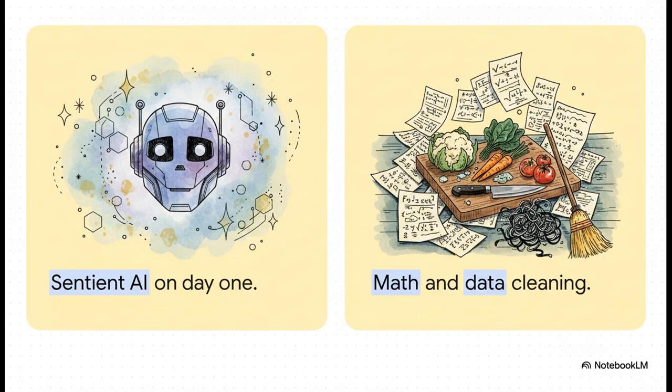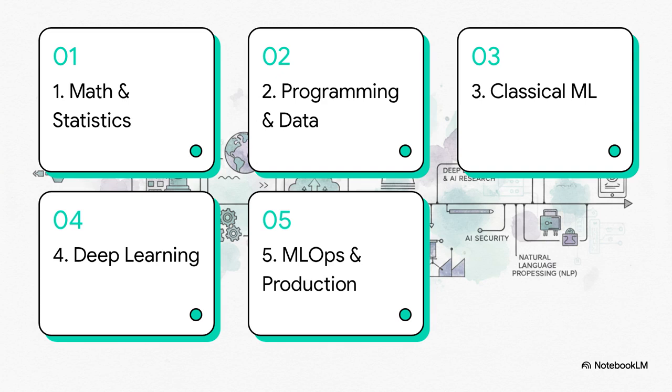Because as a beginner, there's a pretty massive gap between expectation and reality. The expectation is usually that, on day one, you'll be coding up the next sentient robot or some conversational masterpiece. But the gritty reality? Before you can cook a masterpiece, you really have to understand your raw ingredients. And in this world, that means we have to start with foundational math, rigorous data cleaning, and some serious prep work. So here is our roadmap.